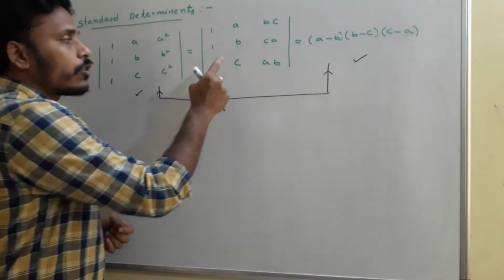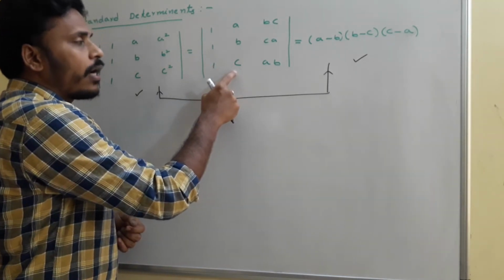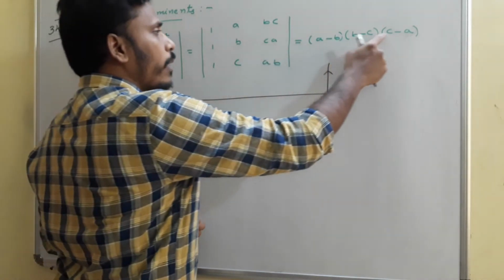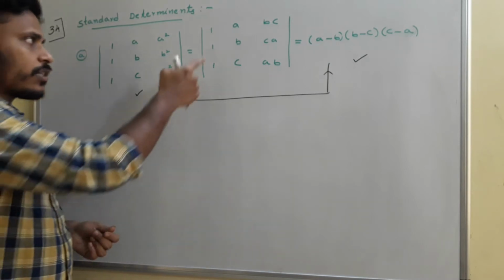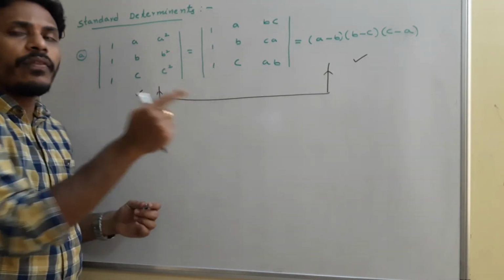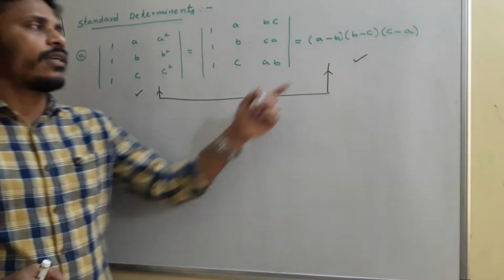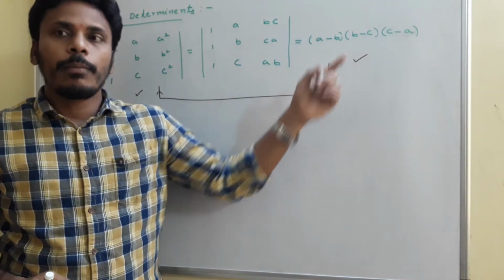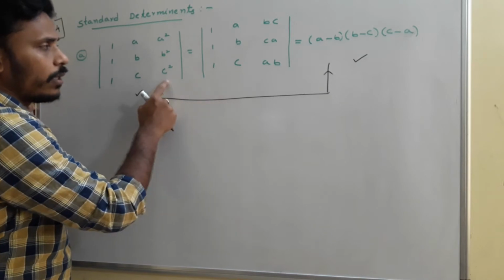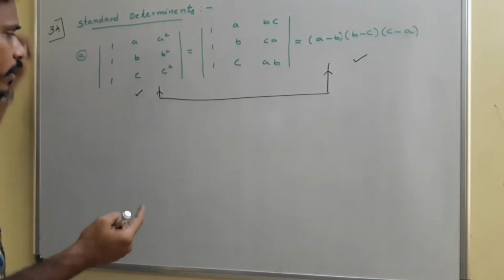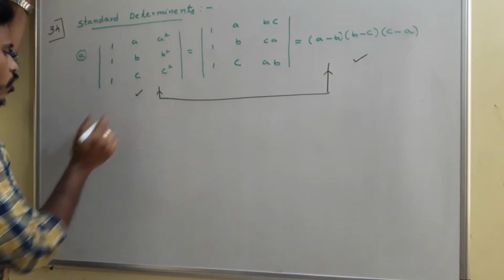Okay, so right. To find this determinant and say it as a minus b into b minus c into c minus a, you need the same procedure as we discussed. Just try to make these two zeros and then find the determinant. Easily you will get its answer as this. But now I am trying to prove these two as equal with some determinant properties. Just have a look. Again, now just start with this.